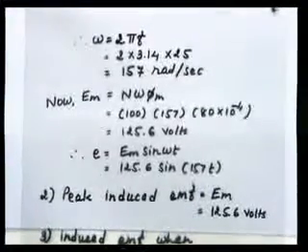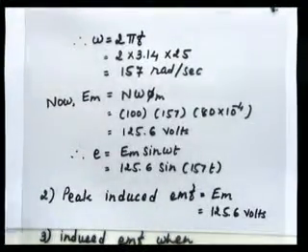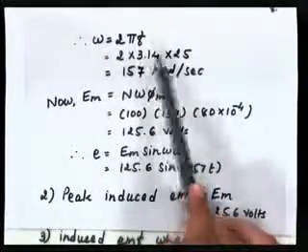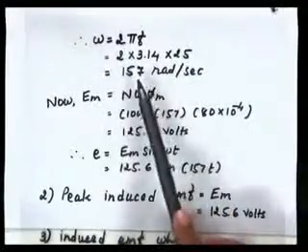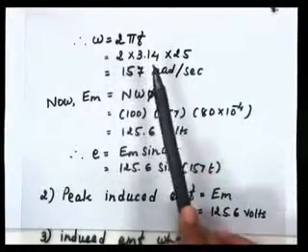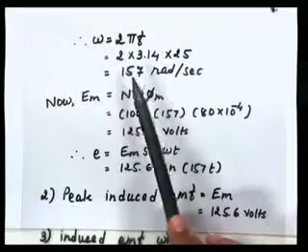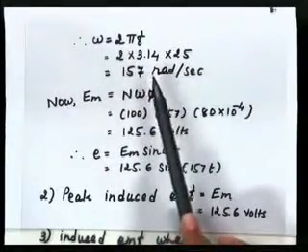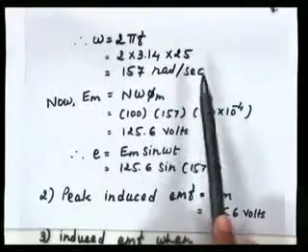After finding the frequency, you can find the angular velocity omega, which is equal to 2 pi into f. f is our 25 rps. So your omega is equal to 2 into 3.14 into 25. It will give you the answer 157, and the unit for angular velocity is always radian per second.